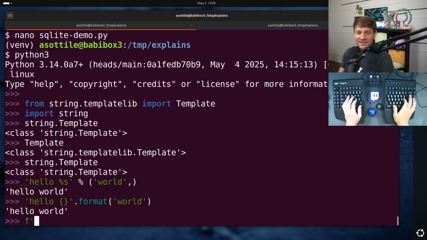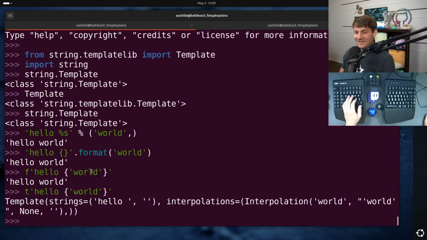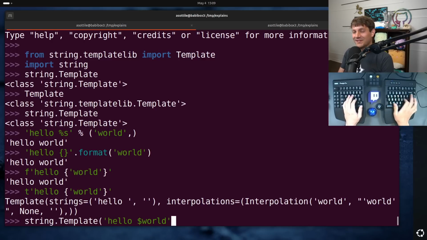You've got your f-strings. This looks silly, but now we have our t-strings. There's yet another way to do this. Well, I say yet another way, but we also have string.Template, which takes $ sign variables, very different from how you would see it in the rest of Python. And then there's substitute,